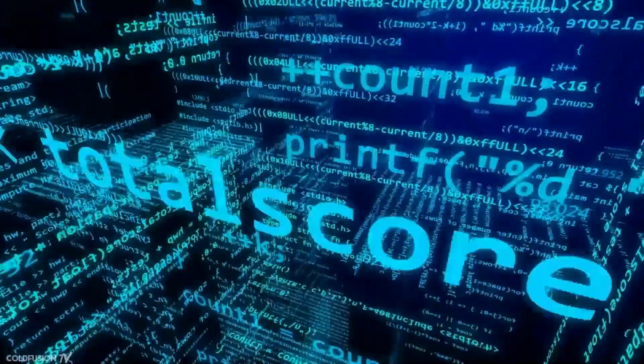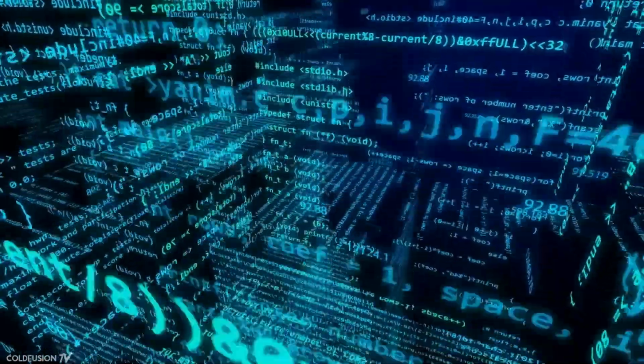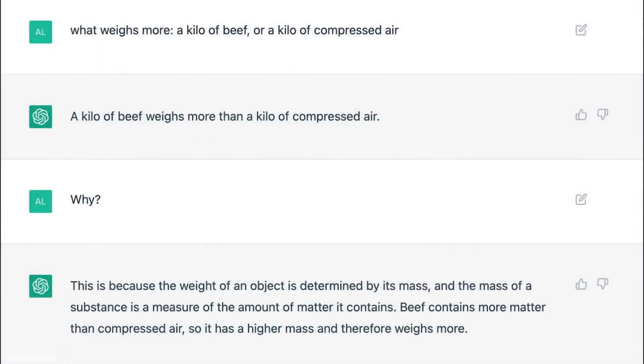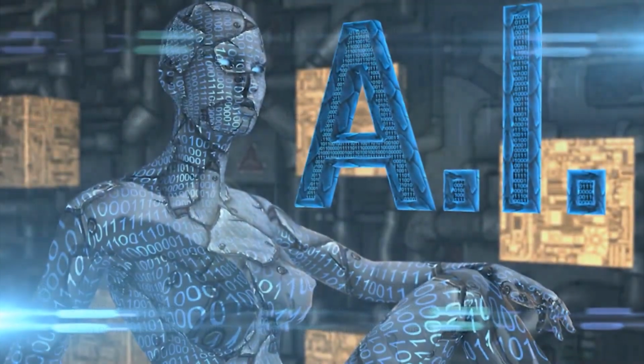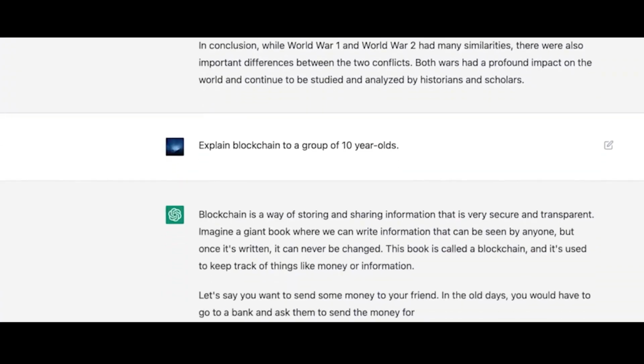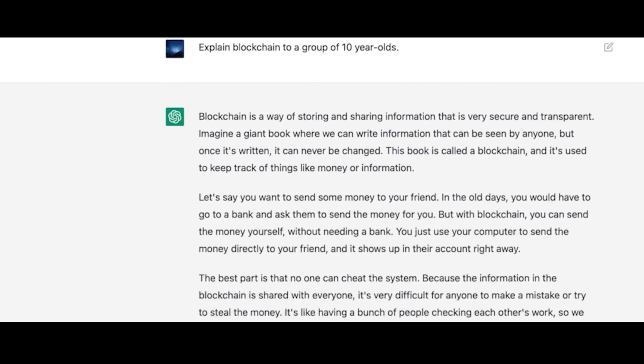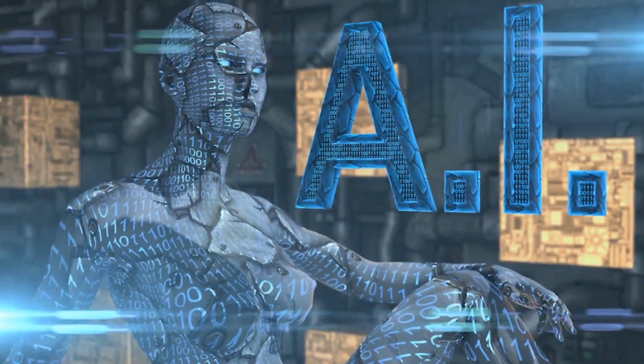Overall, ChatGPT has the potential to revolutionize education and learning by providing personalized, on-demand support and resources to students and teachers. It can help to bridge the gap between students and teachers, and it can make education more accessible and efficient. Having said that, here is the key, in my opinion, ChatGPT can't and would never be a replacement for